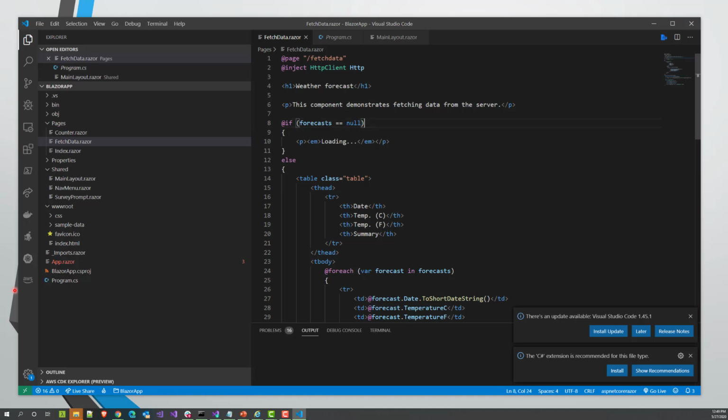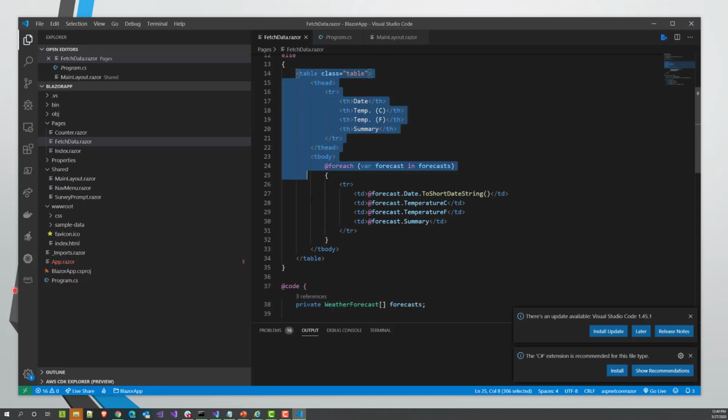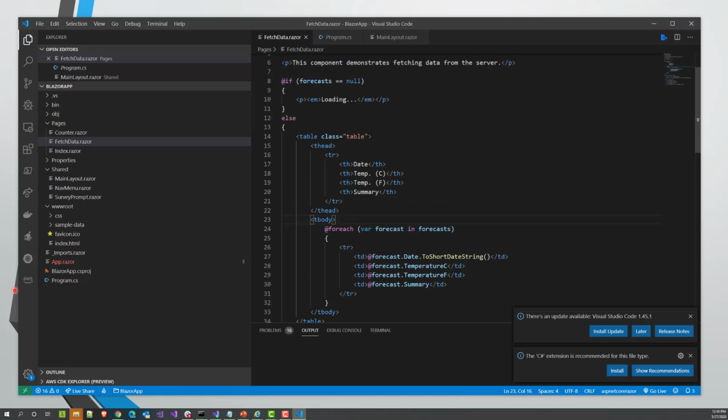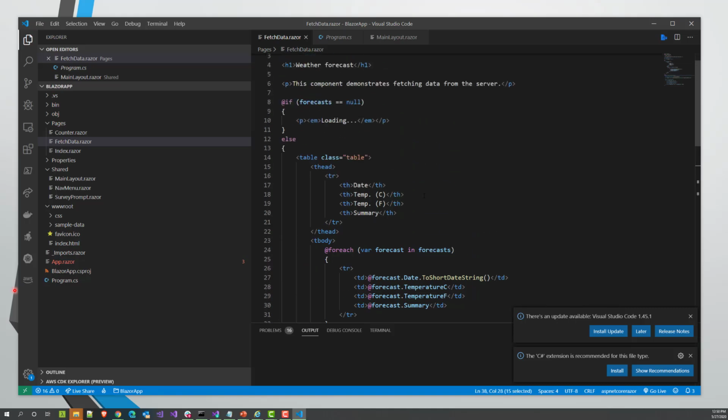And this one's kind of cool. So what we're doing here is we've got a conditional bind. If forecast equals null, e.g. we haven't downloaded the data yet, then what we want to do is just display a loading text, right? Otherwise, we want to actually display the data. So here's the data, which makes sense because we probably won't have anything to show if we haven't loaded it yet. This forecast is an array of weather forecasts, so it's a really powerful binding syntax